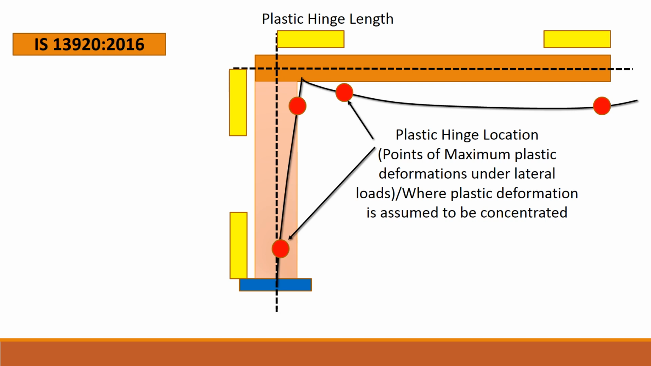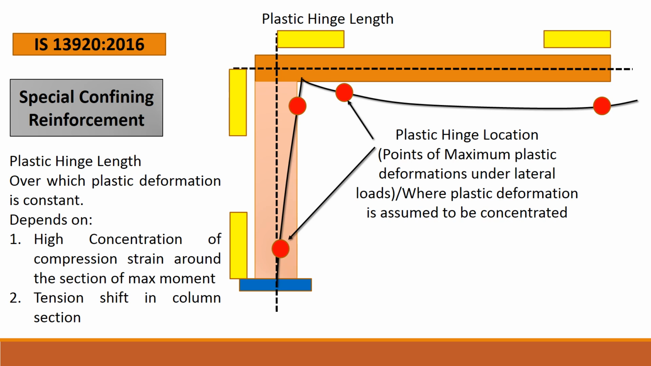Now these plastic hinges are the points of maximum plastic deformation under lateral loads, or they are also the points where plastic deformations are assumed to be concentrated. Now this could be replaced by plastic hinge length. Now what is a plastic hinge length? It is an area or a length over which the plastic deformations are assumed to be constant over the beam or the column surface. Now the plastic hinge length would depend upon various features, but it would be quite complicatedly dependent on the high concentration of compression strain around the section of maximum moment and the tension shift in the